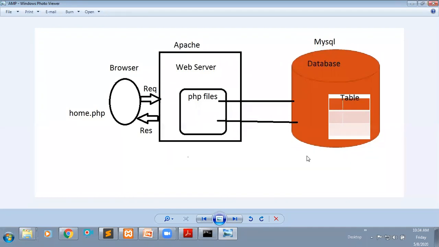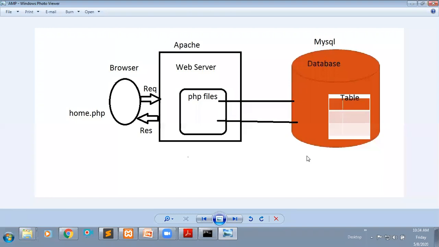It means it has some rows and columns. Based on the rows and columns, data is stored in a table. For example, if I want to store student information, I can create one table with the name student.